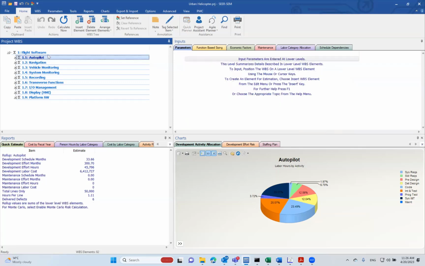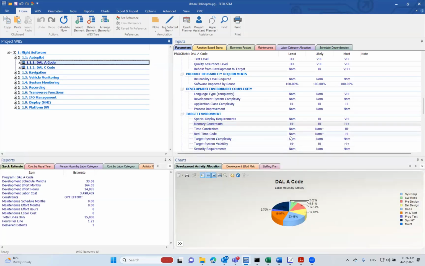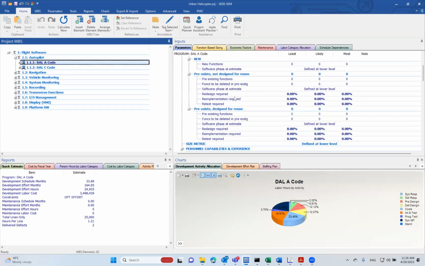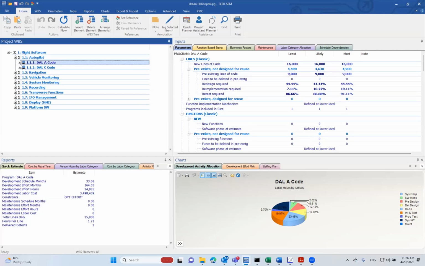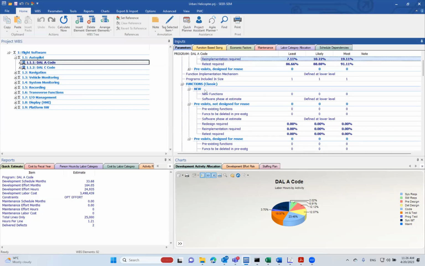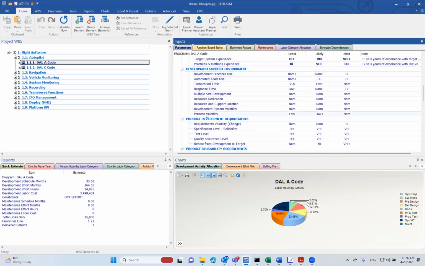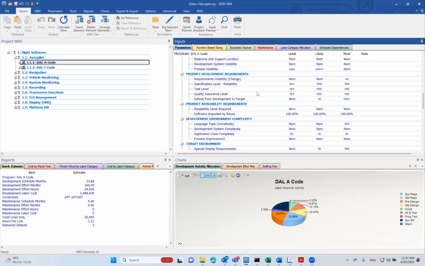So we have the work breakdown structure on the upper left. On the upper right area, this is where we have the parameters. SEER is a parametric estimation tool, and this implies that there's an underlying set of parameters that are used to describe these elements. Parameters include, for example, lines of code, reuse assumptions, function points, experience and capabilities, characteristics of the development environment, such as automation tools, maturity of the practices,